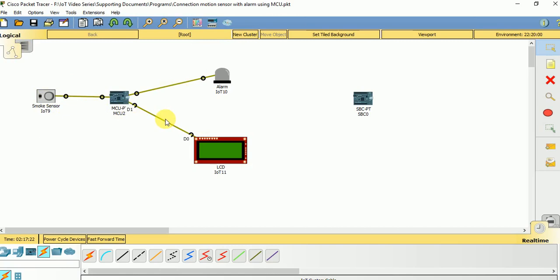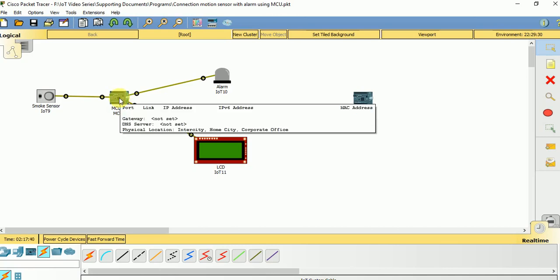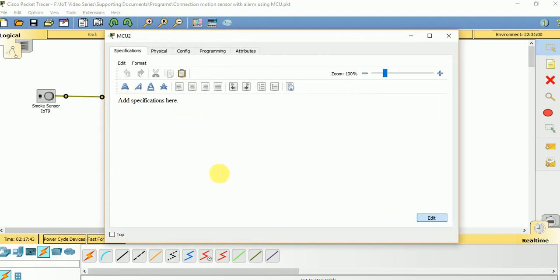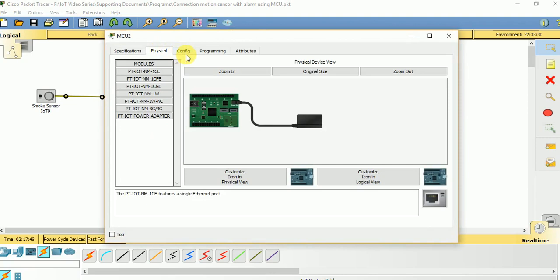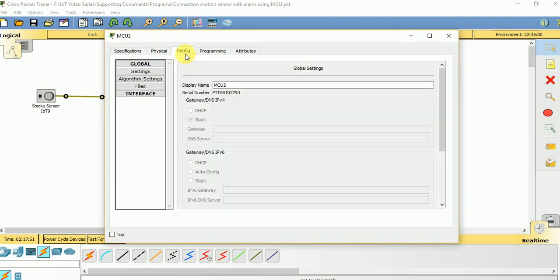Same with the LCD, I will remember that I have connected the LCD to D1. I will configure D1 as an output pin, and according to the smoke sensor, I will program the microcontroller to perform some functions on the LCD. So let's click on the microcontroller unit. It has different types of specifications, and we may add different specifications. We are not changing its physical or any other configuration, because currently we are not going to connect it to the network. In our next projects, when we connect it to the network, we will use its physical